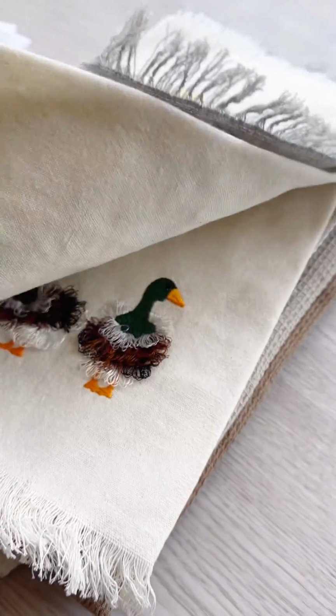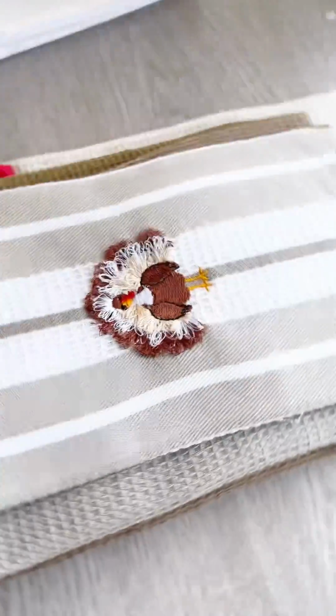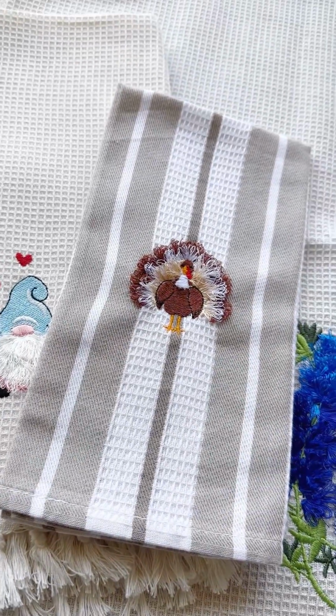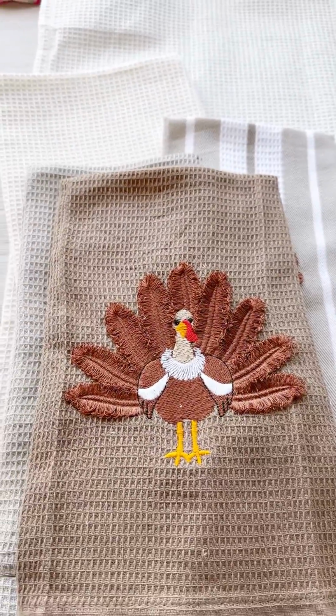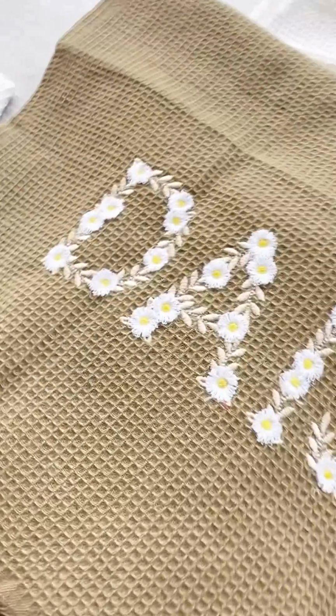These aren't just any towels. They have a wonderful waffle texture, are sufficiently thick, and always look amazing in photos. Plus, they make delightful gifts. Everyone who has received one of these embroidered towels from me has been incredibly pleased and grateful. You can embroider virtually anything on them, from simple designs to intricate fringed details, as well as any words or